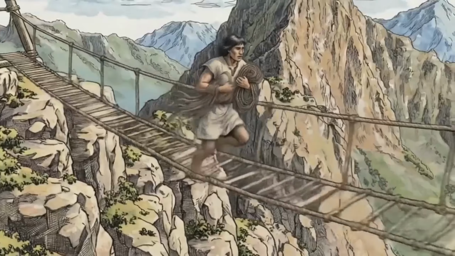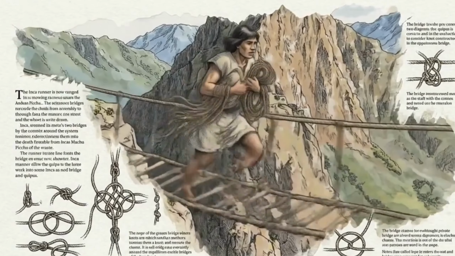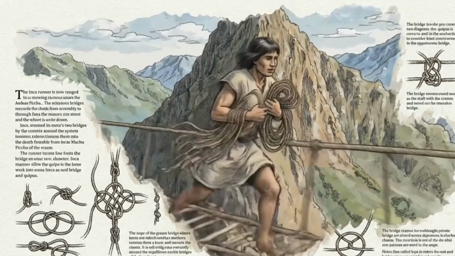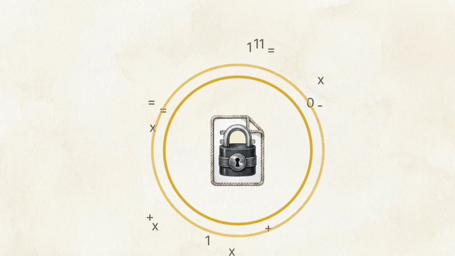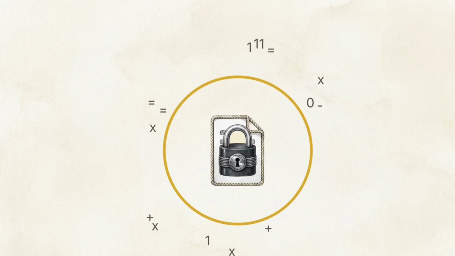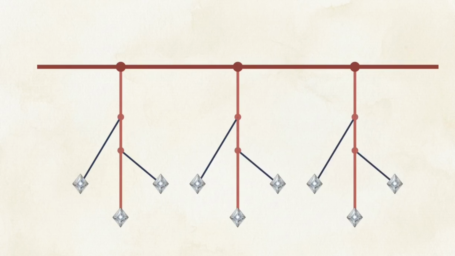Moving sensitive imperial data across vast territories creates a major security risk. The Inca needed a way to protect that information from unauthorized readers. Modern data security typically applies a mathematical lock or a separate encryption protocol over an existing file. The Quipu uses a structural model for data protection.